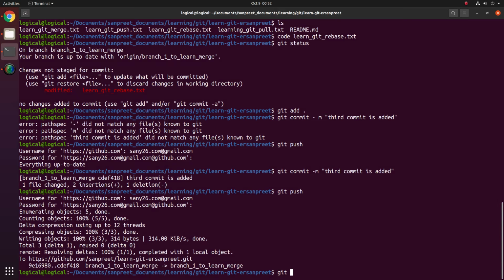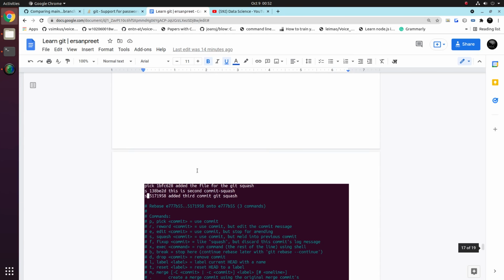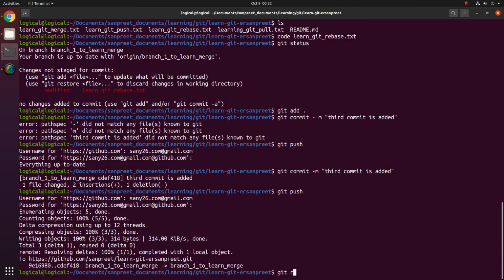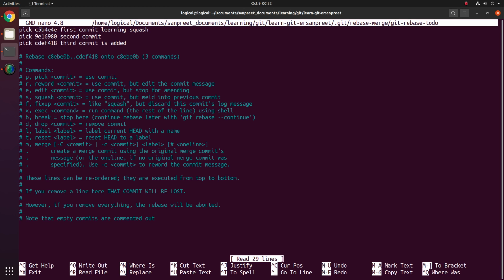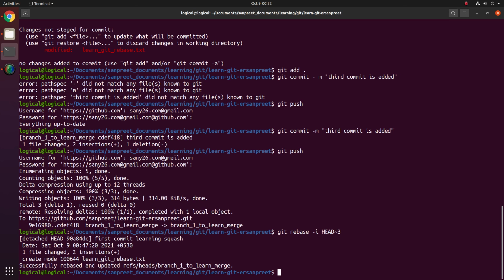How will we use it? Let's follow the documentation. So these are the three commits we did, and now we will type git rebase in interactive mode, HEAD~3. So it will show me, yes, these are the two commits. Let me do squash, because I want to squash them into the first commit. And once I did it, let me see that. Okay, it will show me this one. So what I will do is comment out these two commits, because this is not what I want. And let me come back.